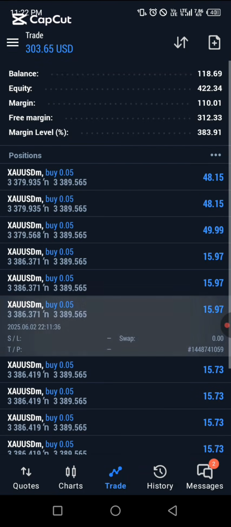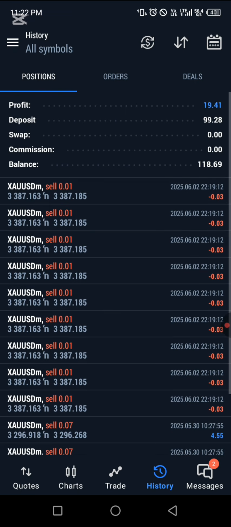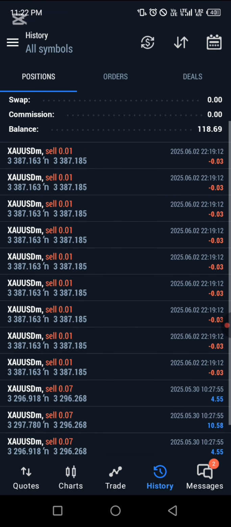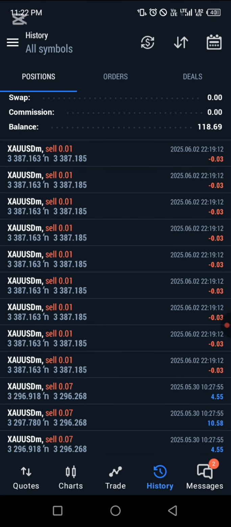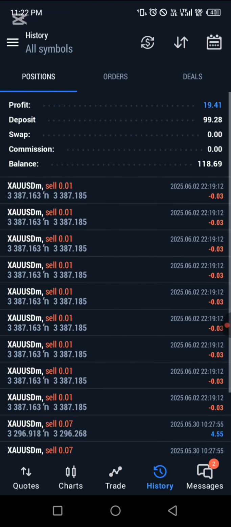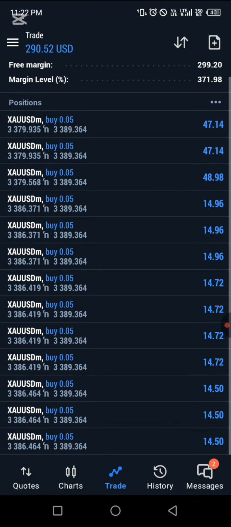As you can see here, I have a trade that is running in deep profit. This is a live deposit of $99 or $100. The only profit we made initially was just $19. Some of the trades we took were in loss, and just few. But currently, if you look at this chart now, you see that we are running in 306 pips